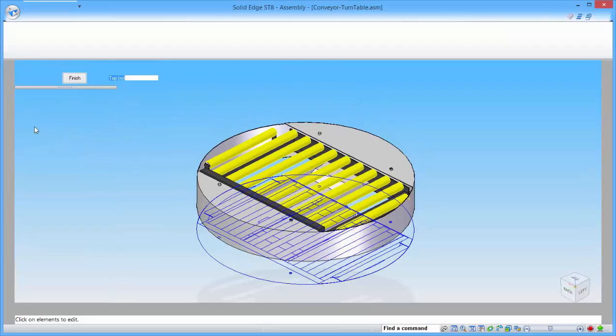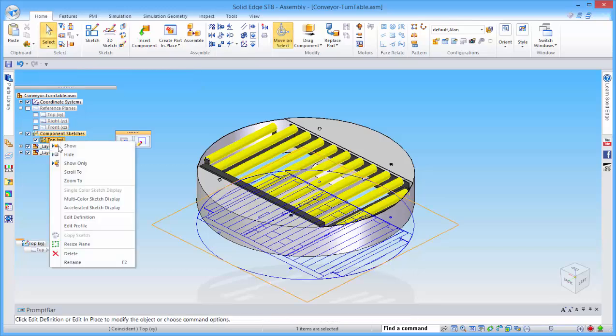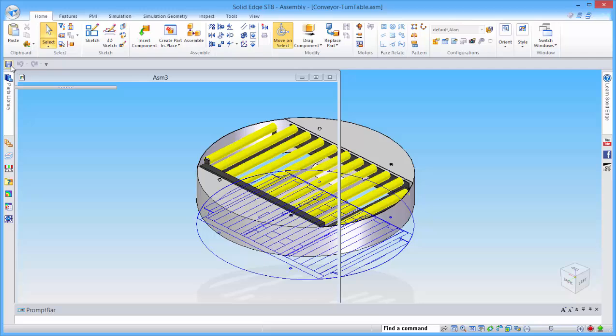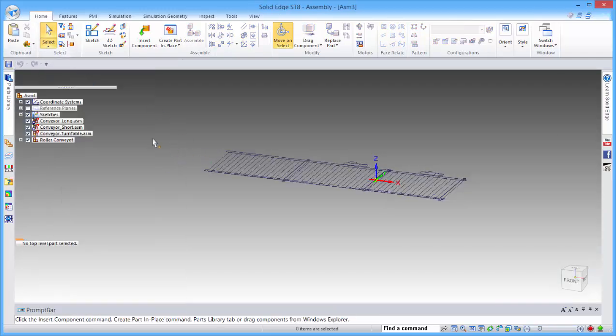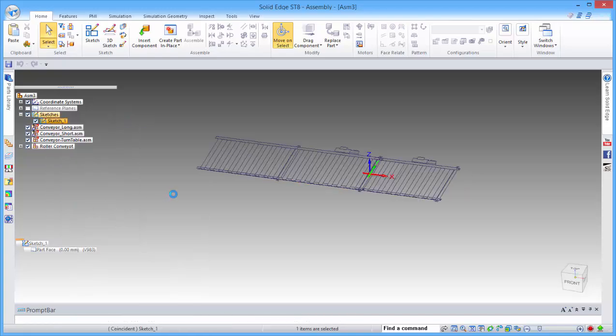Under here in the Pathfinder you'll see that we have a top view. Keeping with the naming structure, we'll just call it top view and save that, and close that sub-assembly. Now if we go back and modify our sketch,